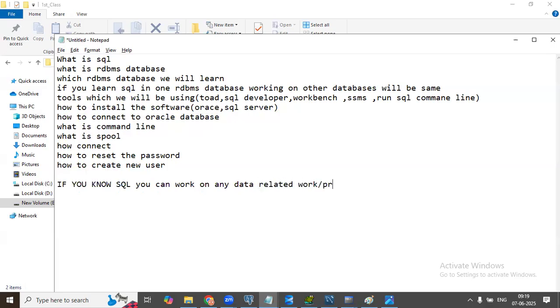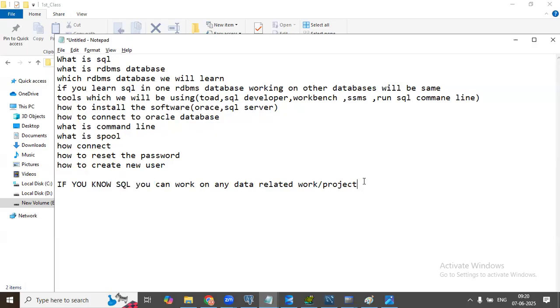It will be there for their lifetime. Until data is there, SQL will be there. Data is not going to end. Everywhere data is generating, which means SQL will be there. Without SQL, nothing is possible. So we'll be concentrating on SQL from very basic to in-depth. Let's see how it will go.